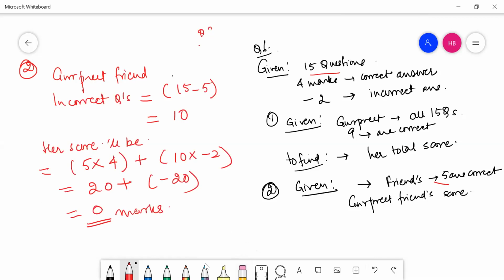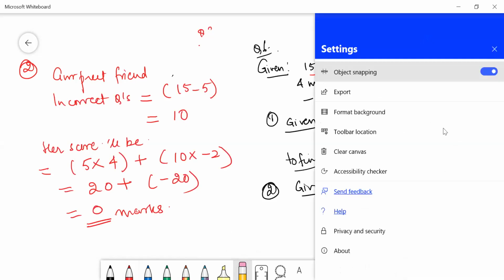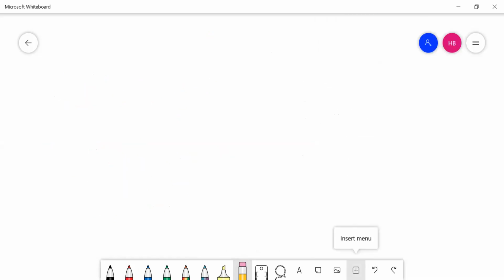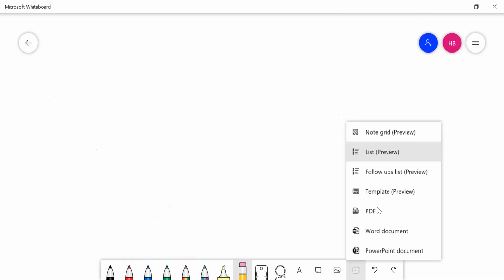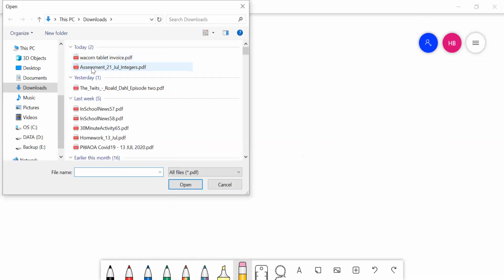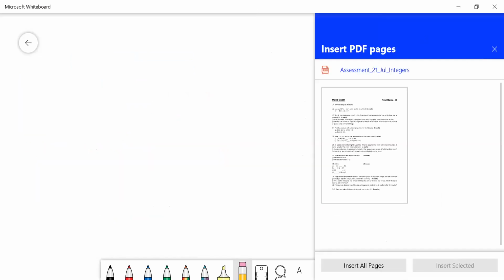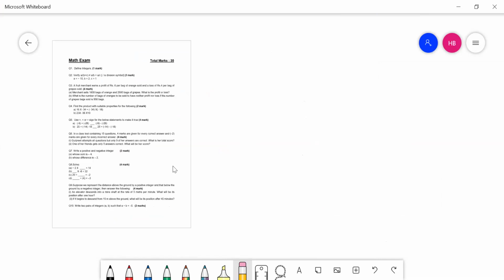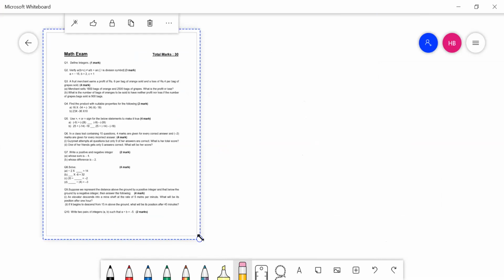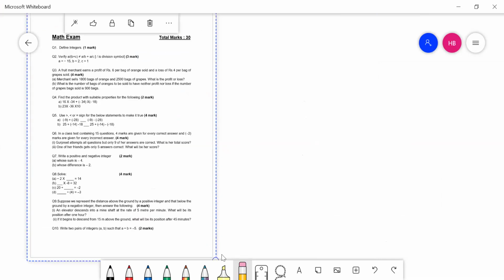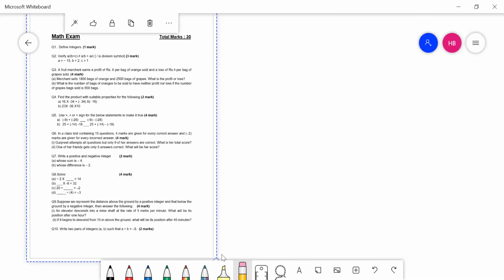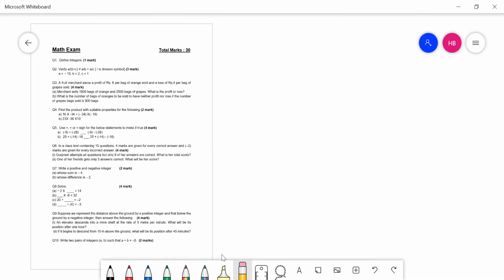Now let's see question number 7. Just give me one moment so that I can clear the whole thing. And now let me get the PDF so that we can see what question number 7 is. Many of you had doubts in question number 7, so let me explain what this question was saying.